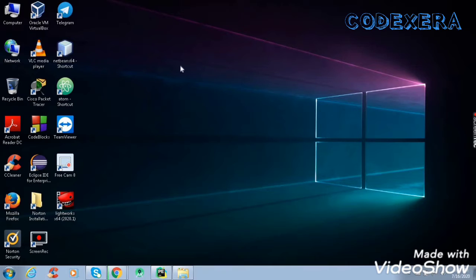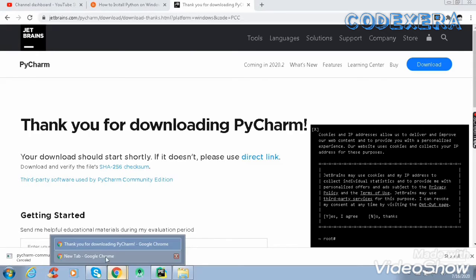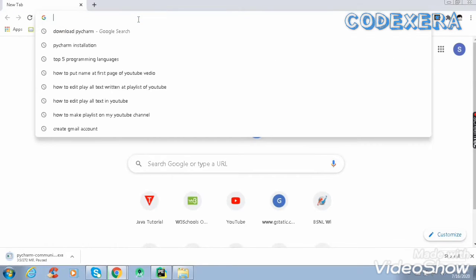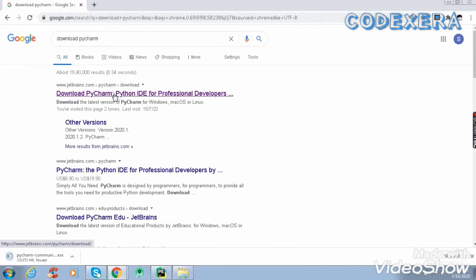There are lots of editors for Python, but we'll use PyCharm, which is a trending and fast growing editor for Python. For the installation step we'll go on Google and write download PyCharm, and it will redirect us to this link, and we'll click on this.